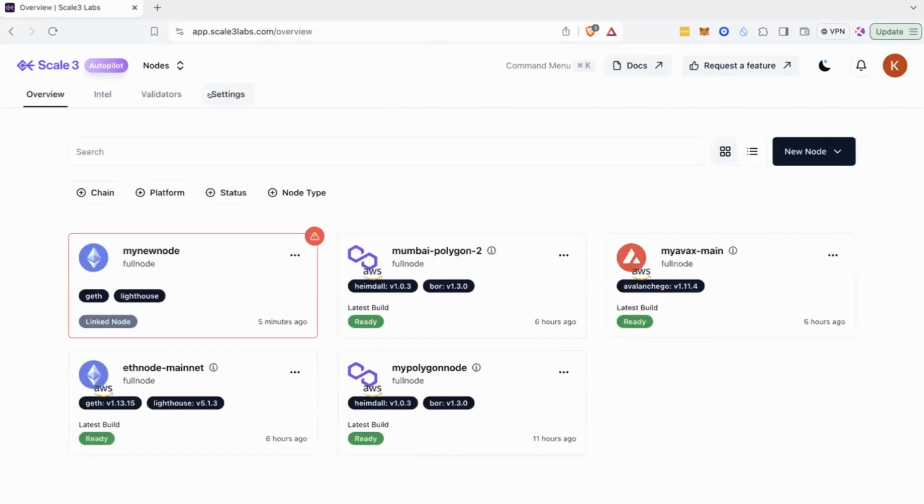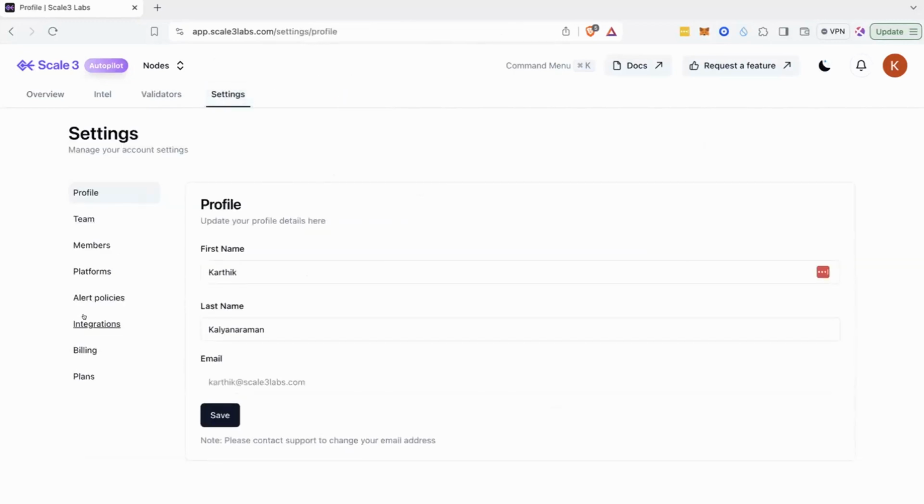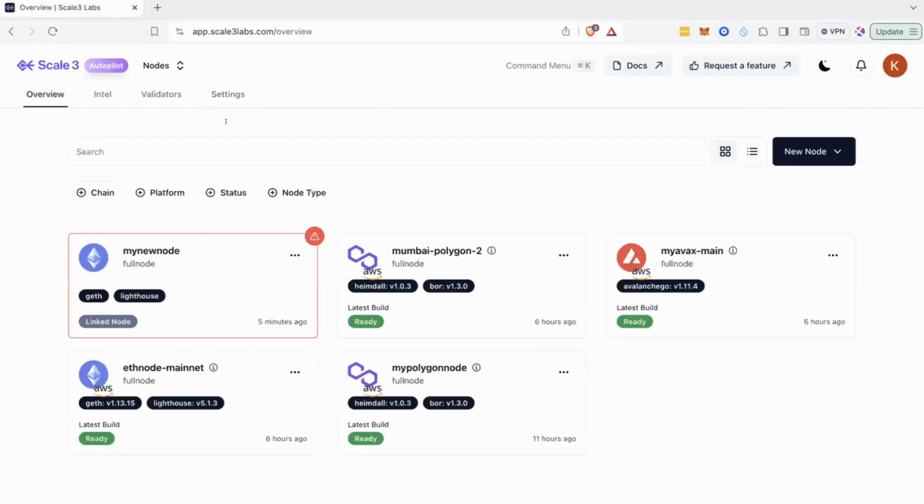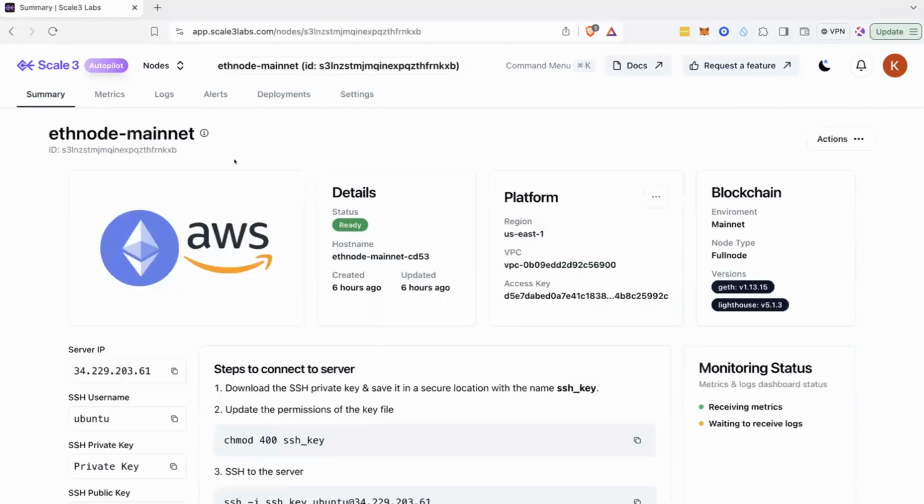Going a little bit into the alert settings, you can go to integrations and the settings, and these are all the channels that we have support for today. We have email, Slack, PagerDuty, Opsgenie, Telegram, and Webhook. You can connect multiple emails here. You can invite multiple members to your team and set up alerts on different emails and any other channels that you may like. So this is the entire flow of things here for a node